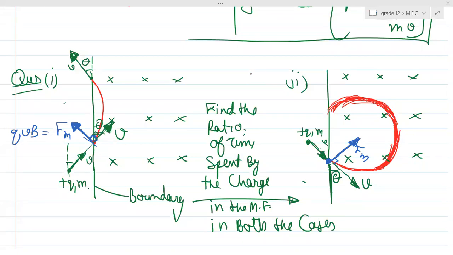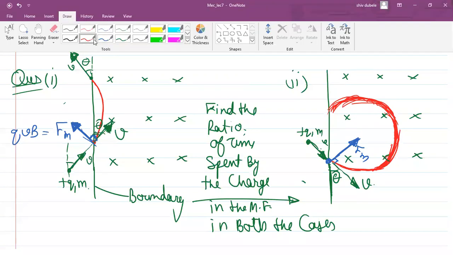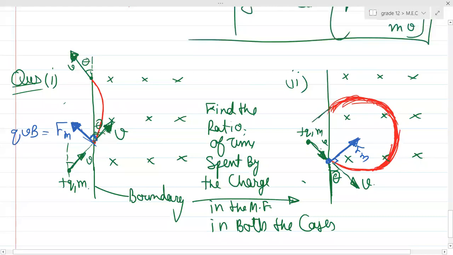So both are moving almost in the same path, right? Both are basically directing it outside. So what's the difference? The difference in both the cases is basically the direction of projection of velocity with the boundary. Can you see? In this case, the boundary started from here, and the angle at which this was entering the boundary was theta with respect to the vertical component. Can you see? We are not talking about the angle between the velocity vector and the magnetic field vector. We are talking about the angle between the velocity vector and basically the boundary.